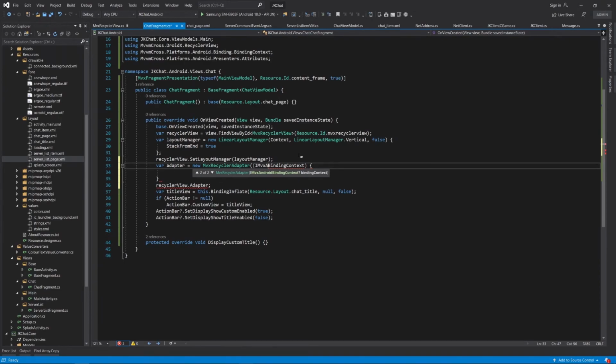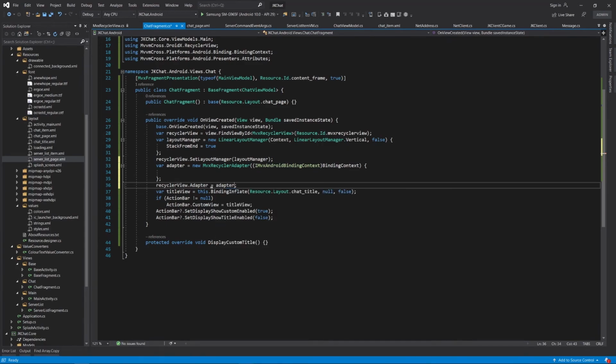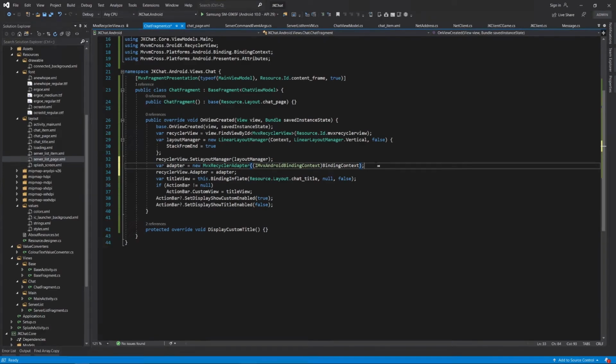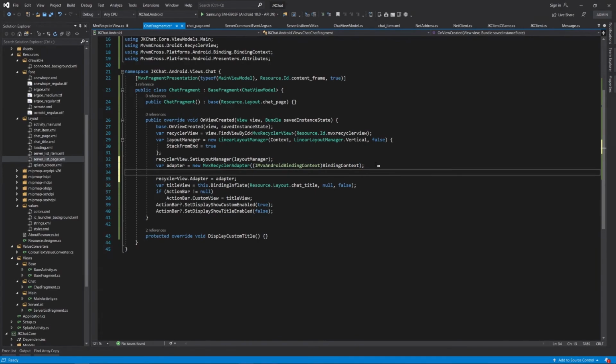MvvmCross Android binding context. We are casting binding context to Android binding context. So we created adapter, we assign this adapter. I'm not sure where we need properties assignment. We don't. Adapter